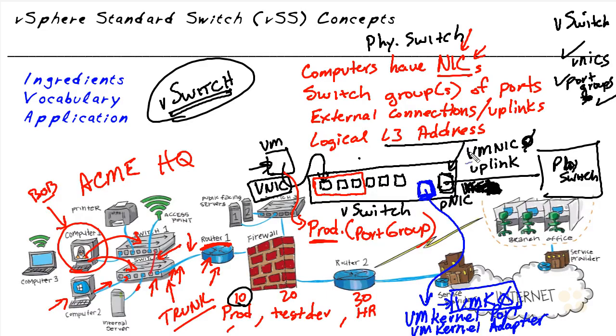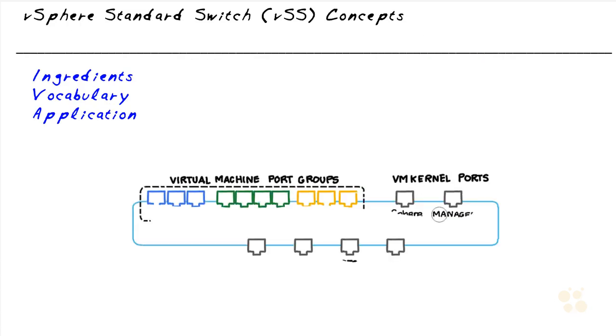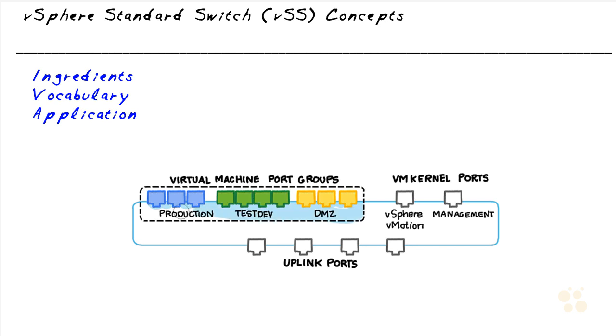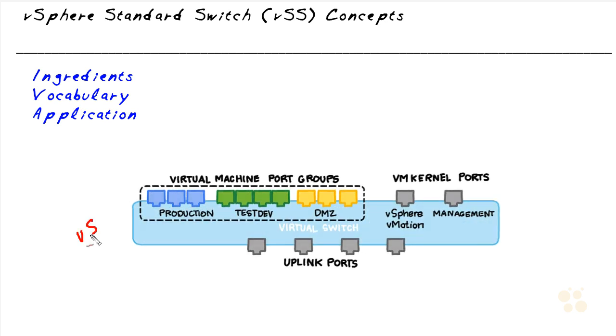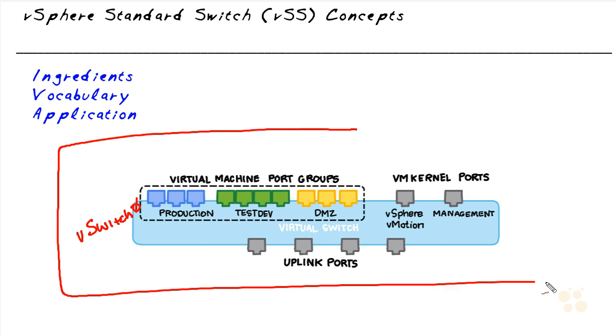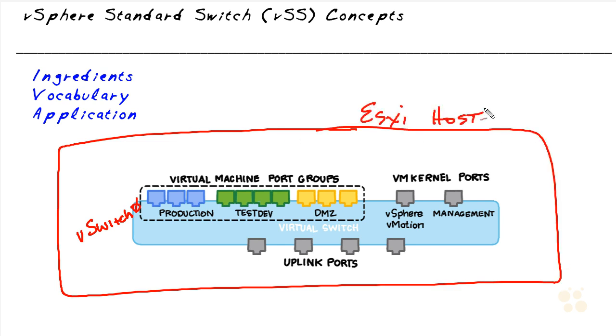And by default, every ESXi host, when you deploy it, creates a vSwitch, and it's called vSwitch 0 because it's the first switch. And then if we want to create another switch, we could name it whatever we'd like, including vSwitch 1 and vSwitch 2 and vSwitch 3 and so forth. So let's use this illustration to reinforce those concepts. If this represents a virtual switch, let's say vSwitch 0, this switch is in the heart and mind of an ESXi host. So that's where this lives. And each of our ESXi hosts in the topology have each created a vSwitch 0 by default when we deployed